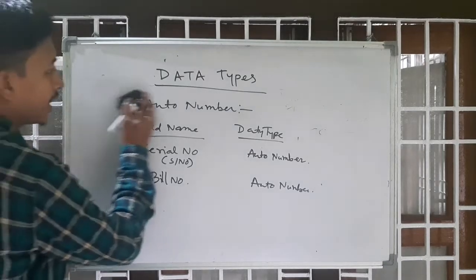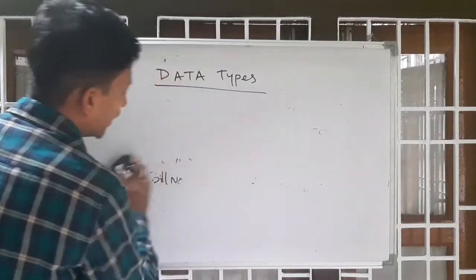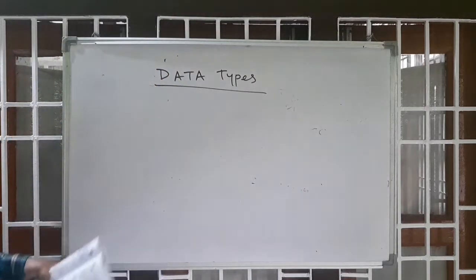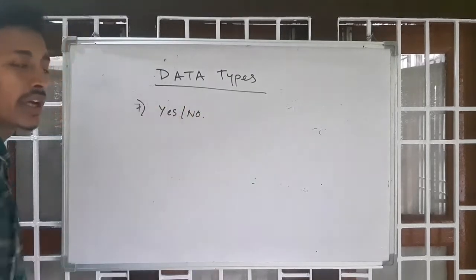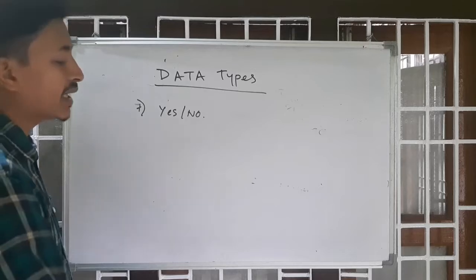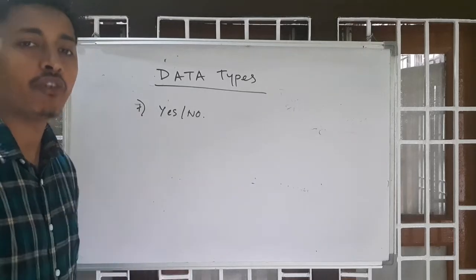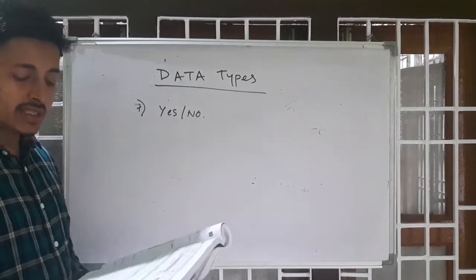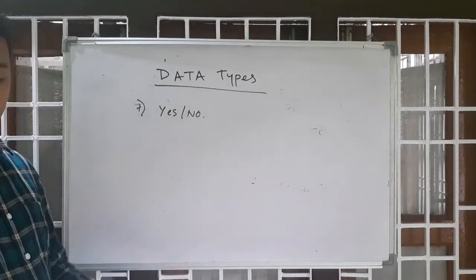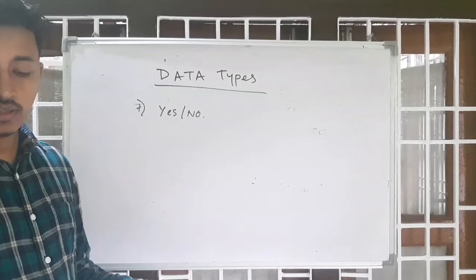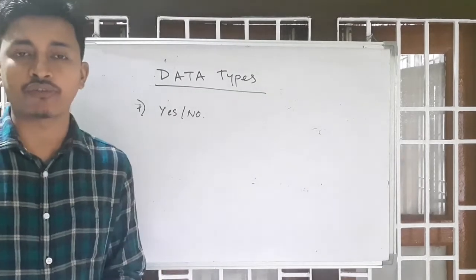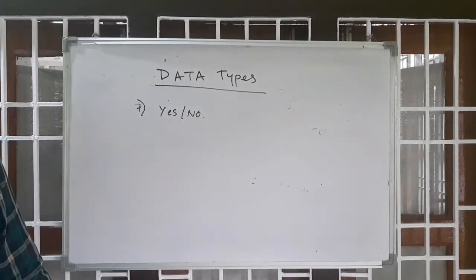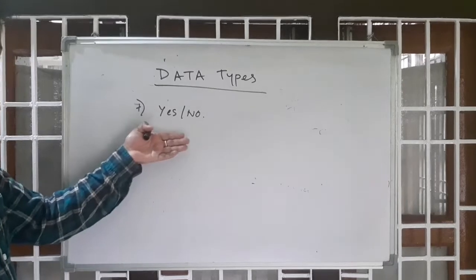Okay, understand? Now, number 7 data type. Number 7 is yes or no. It may be yes, it may be no, or you can say it may be true or it may be false. Now you can see in the book, this can have only one of the two values, true or false. That is, you can adjust the format setting to display as yes or no or true or false. Means this can have only one of the two values. It may be yes or it may be no.